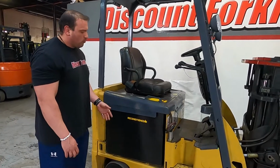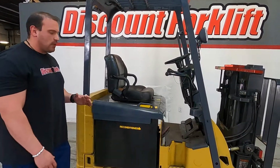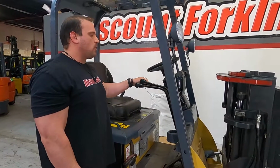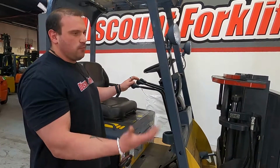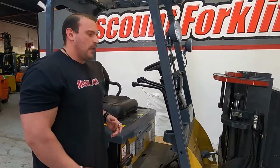And it's also equipped with a 36 volt reconditioned battery to make sure you guys have something that's going to be worthwhile for your investment. Something that's going to last all day, so you guys have something to use. Now, as far as the controls here for the mast, you have your levers here. The inside lever here is going to raise that mast up and lower it down. The middle is going to be the tilt function forward or backward, and this would be a side shift. Now, not all lifts will have side shift unless they're plumbed for it, but this one today actually is outfitted